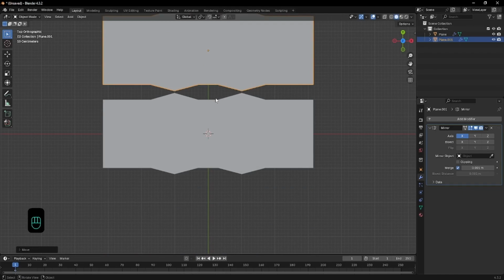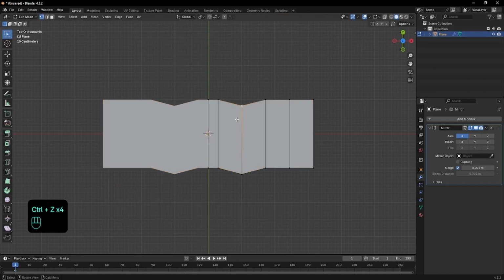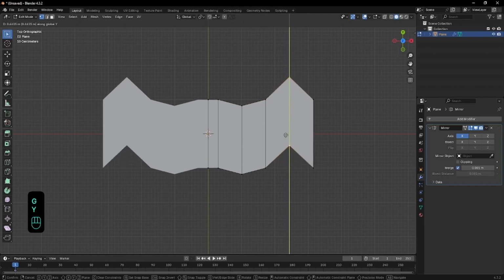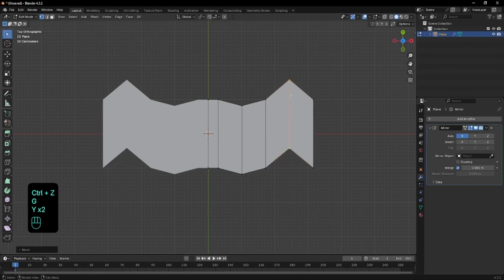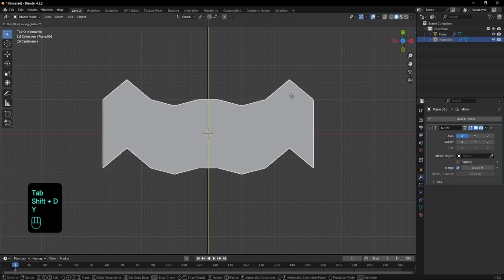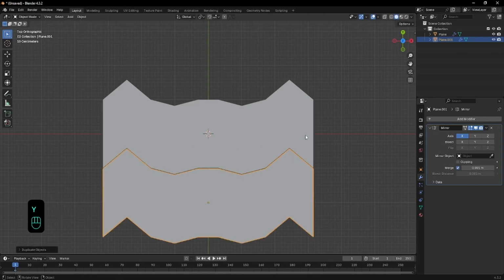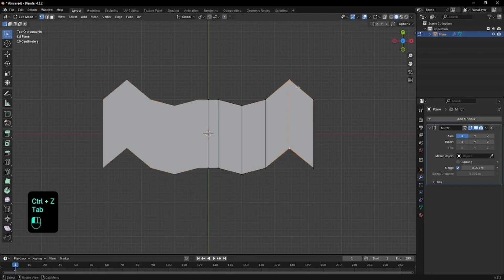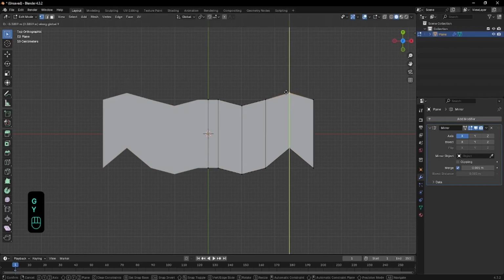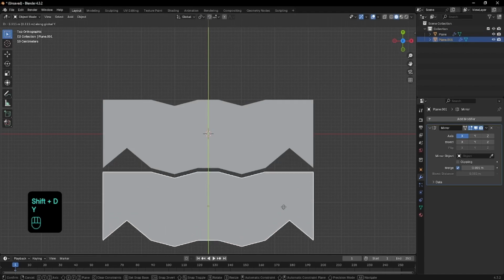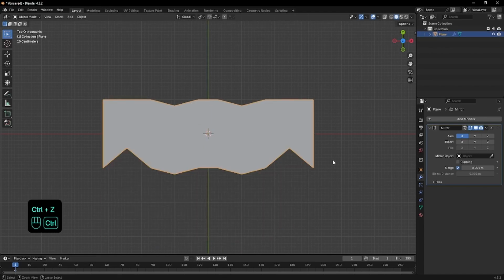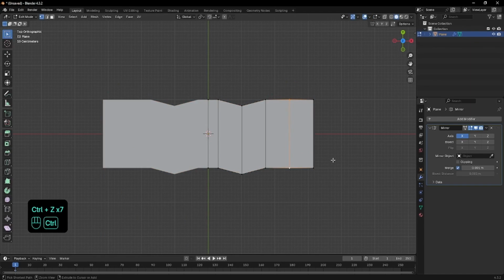So that's very important. Whenever we make adjustments here, we want to make it in both sides. So if we move this towards the top, so G, then Y like this, or like this, we want to always select both of them. Otherwise, they will not fit, but like this, they will fit perfectly. And this is very important, so always keep it in mind and never make adjustments to only one of the sides like this, because then you lose the proportions and it doesn't snap anymore. So always consider that. I'm going to press Ctrl Z